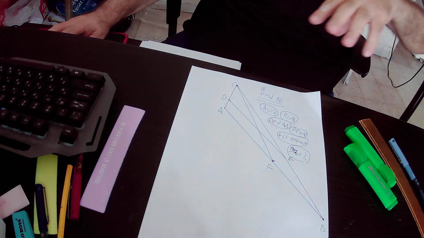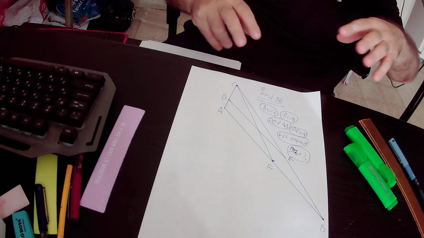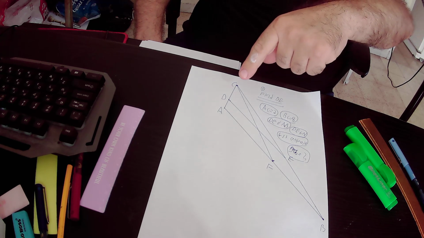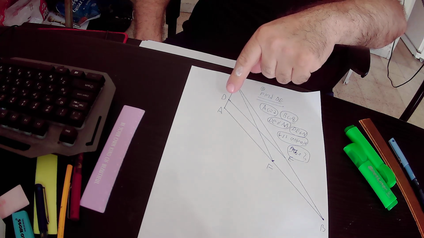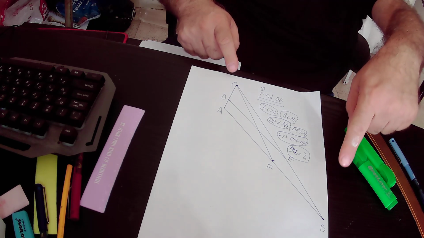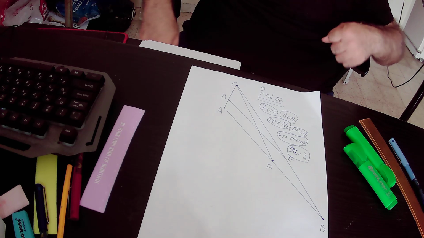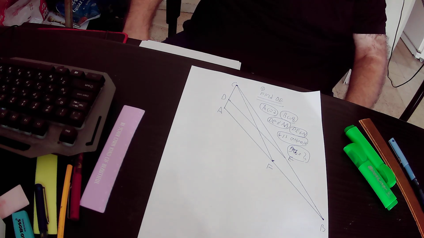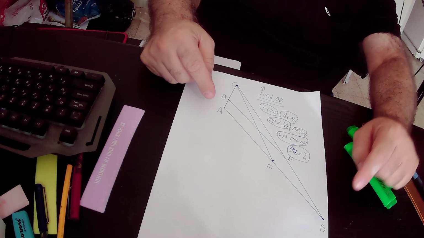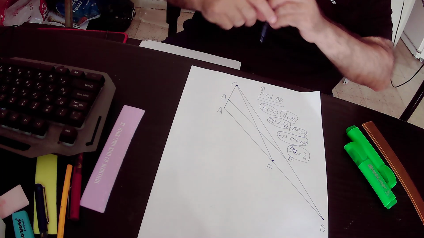Now, in this lecture, we will find the value of DE. In the drawing, we have triangle ABC. We know that CA equals 2 units. We also know that BC equals 8 units. And we know that line segment DE is parallel to AB, and we also know that